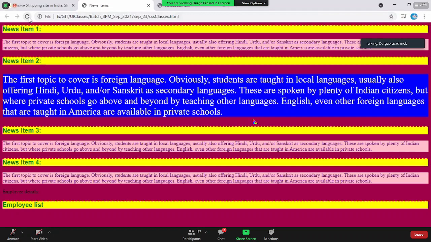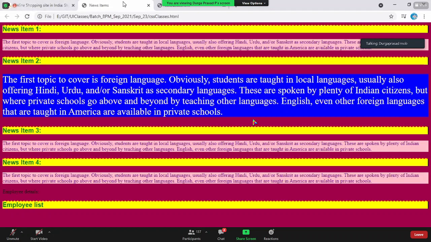That is the reason I said you don't need to be an expert on defining the hash codes of every color. Some colors, like if it is all 0, it is black. All F, it is white color. All C, which is gray color. That is more than enough. Remaining all, we need to take from external tools. They will tell you what is the hash code of so-and-so color.